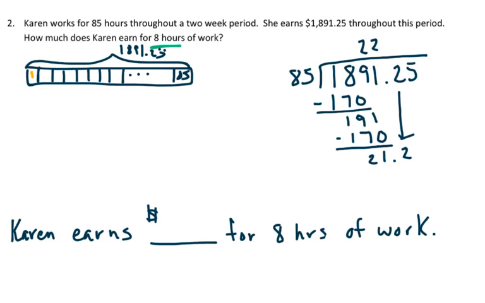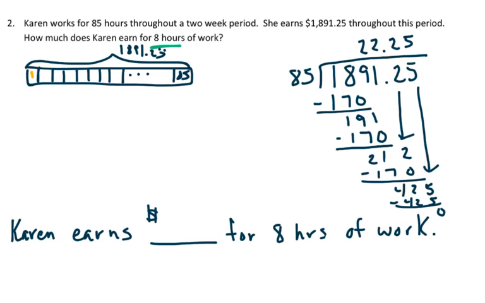I shouldn't have written that decimal point in there, I'm sorry. Okay, so it looks like for 1 hour she makes